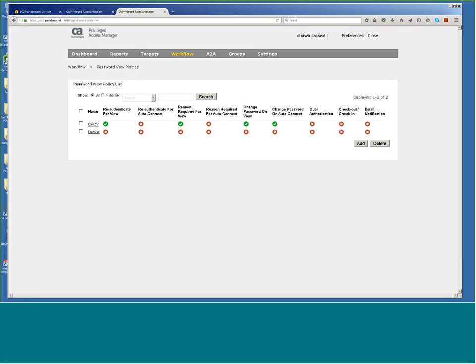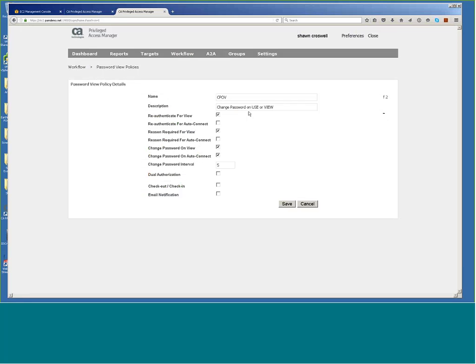You can come in and do what's called a password view policy. So here you can say that when somebody uses an account, so if somebody comes into PAM and clicks on one of those, so D Adams comes in, clicks on AWS, or even one of the Windows servers in AWS, that's called a change password on auto connect. I have it set to rotate that password 5 minutes afterwards. So even if the user, D Adams, had some type of zero-day exploit where they were able to get the password out of their session, by the time they got that going, I've already rotated that password, and I can say every 1 minute if I wanted to be aggressive. So you can set passwords to rotate that way.